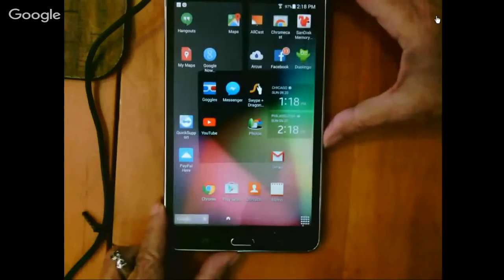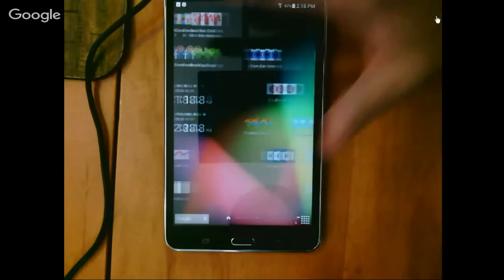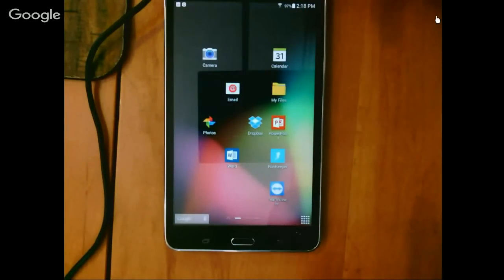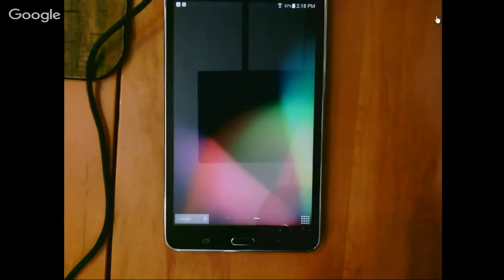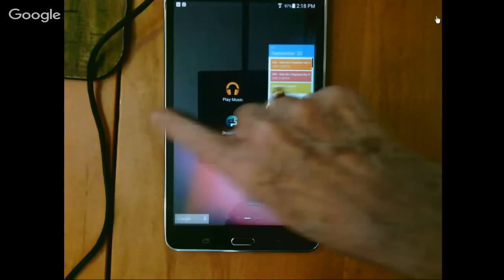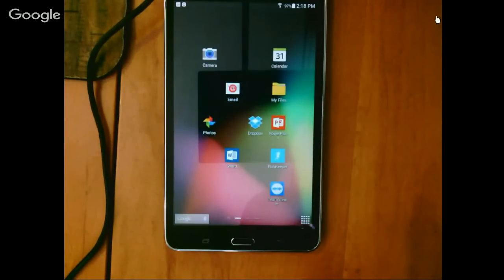Now let's do Android. I have two Android devices that I'm going to show you. Which one did I want to show first? I think I want to show the tablet first. So this is a little Samsung tablet, and talk about a mess. This one is really a mess, but just like